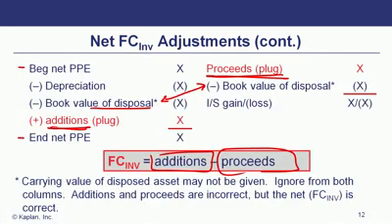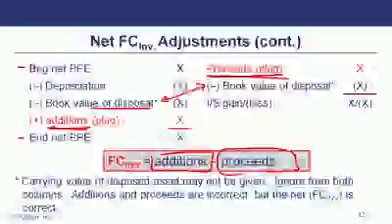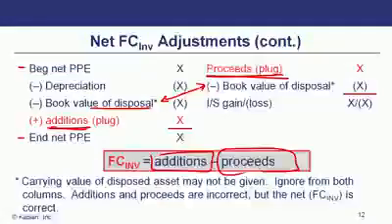So essentially, they may not give you this, and your additions and proceeds may not be correct in themselves, but the net of those two numbers, meaning additions and proceeds, will be the correct answer, because everything else is just two plugs mashed together. So you'll notice, if I just remove the book value of disposal, all of the remaining line items in these two calculations are the formula from the previous slide.